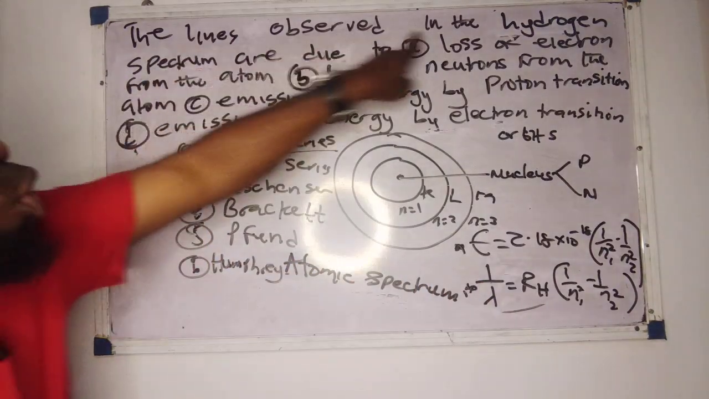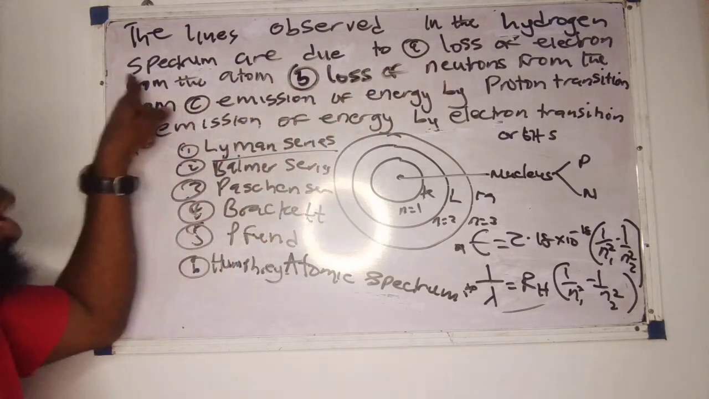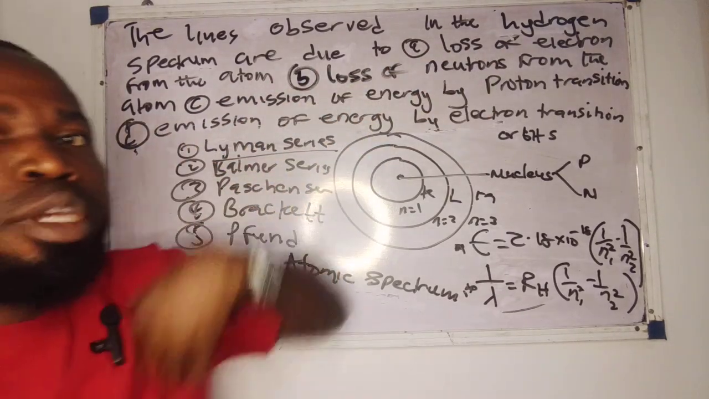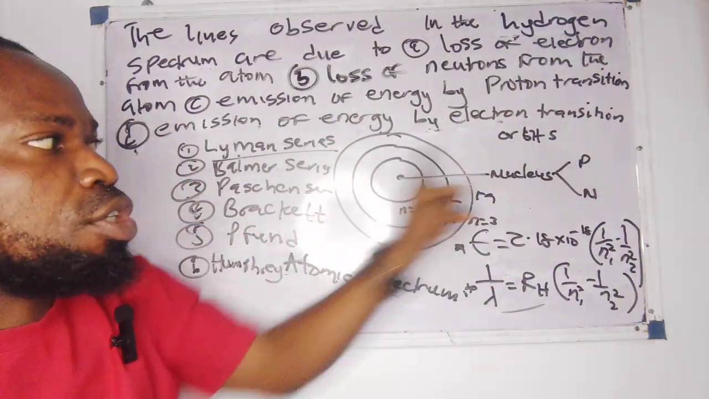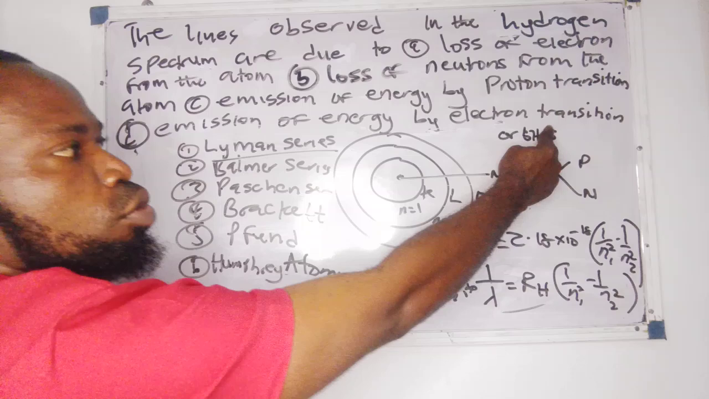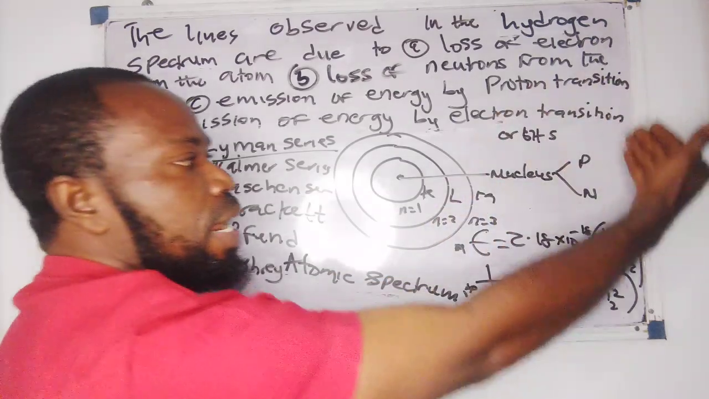They said the lines observed in the hydrogen spectrum are due to what? The lines observed are due to the emission of energy by electron transition. Remember, they want to deceive you. They say proton transition, but it's electron transition. So when the electron is moving from a higher level to a